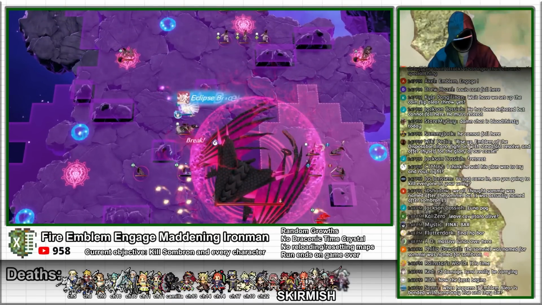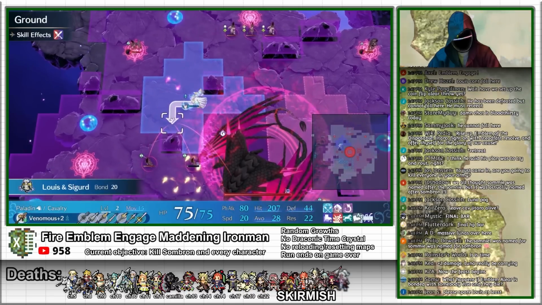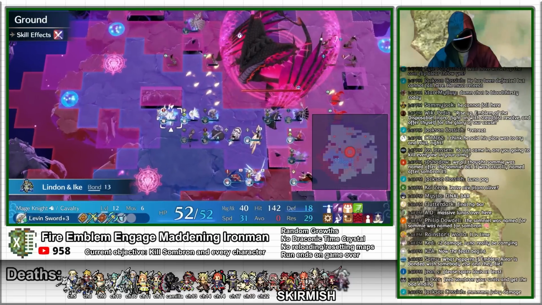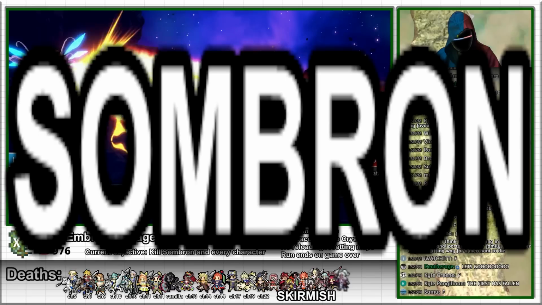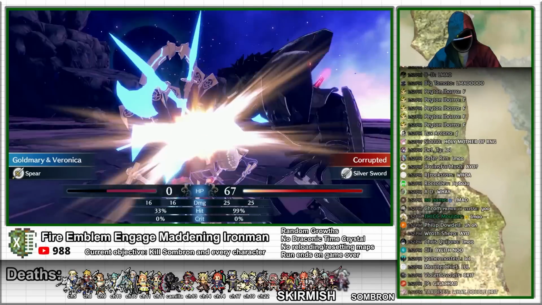At this point, I have more or less completed the map, but winning now would just be too easy. I have yet to take any casualties, which is frankly unacceptable, so it's time to start thinning the ranks. I intentionally do not heal Anna, so Sombron's Whirling Death AoE attack annihilates her, and in the process of putting the death counter on the screen, Ivy is impaled by an Armor Knight, and Goldmary is given death by a